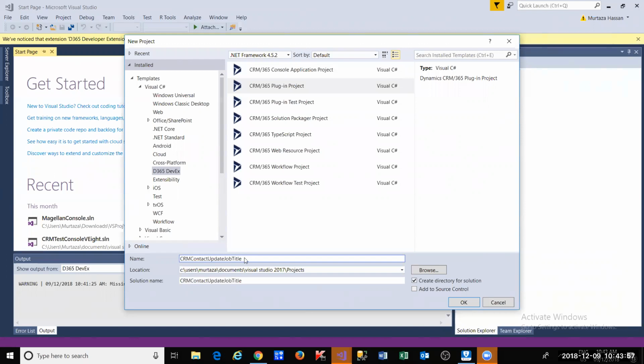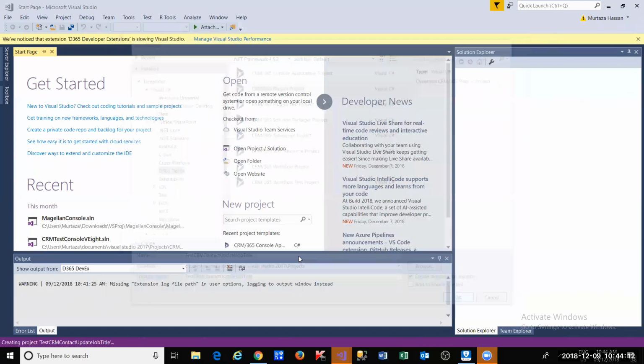Okay, obviously give this a proper name, but this is what I'm giving here. I'll just put a test in front of it. All right, so we create a plugin project. So if we click on OK,